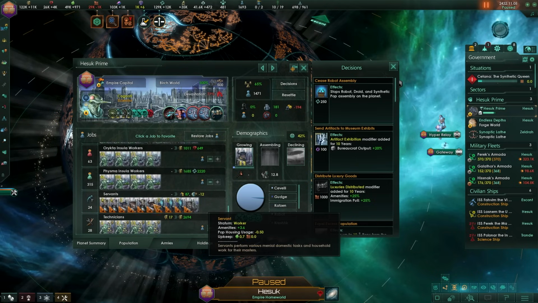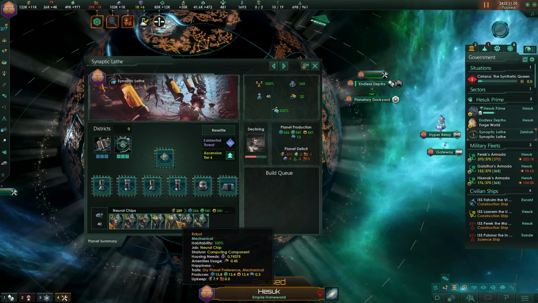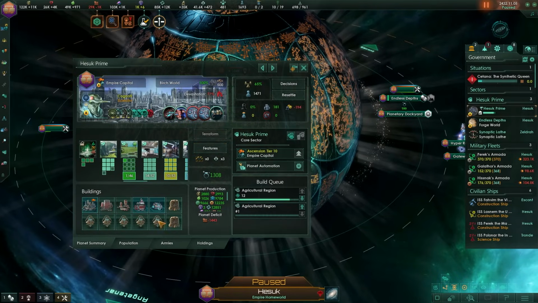Oh, that's where all the servants are. Look at that. Ready to be moved into the lathe, which can also be upgraded. I still got like 40 pops in here. That's a lot more than I had anticipated. But there you have it, the Birch World, maxed out with virtual pops that can just infinitely keep on growing,